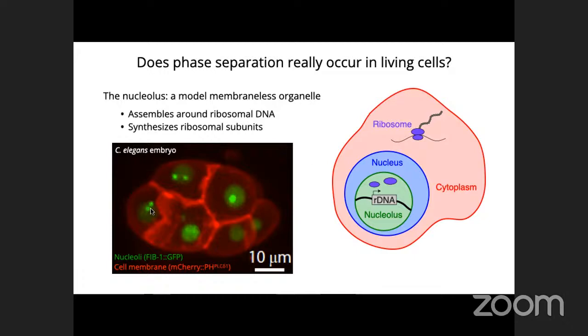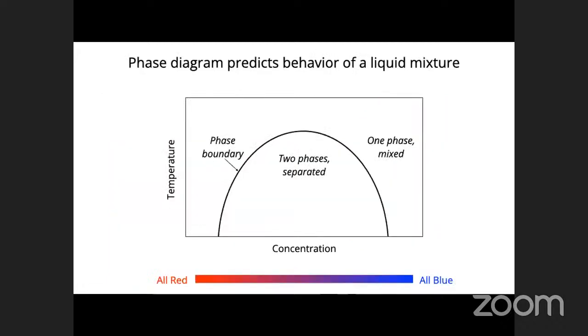And so here we have the red is the cell membrane, and in green I have a protein that is in the nucleoplasm, or in the nucleus, this membrane-bound organelle, and then it concentrates into two liquid droplets that can sometimes fuse, and so here you get one big one. Okay, so now I'm going to go through the phase diagram in detail and then show you how it compares